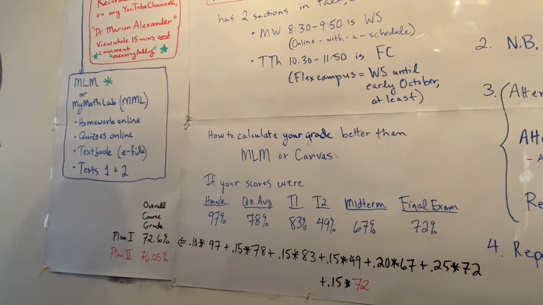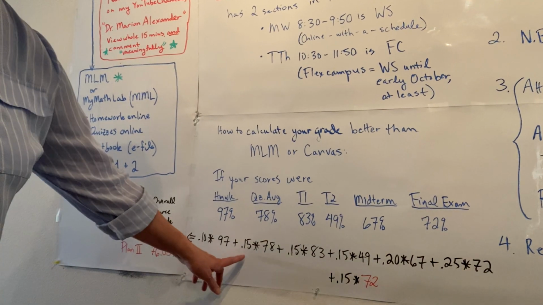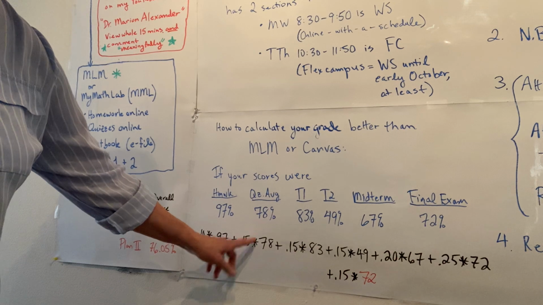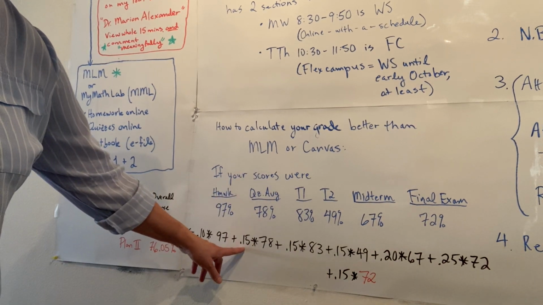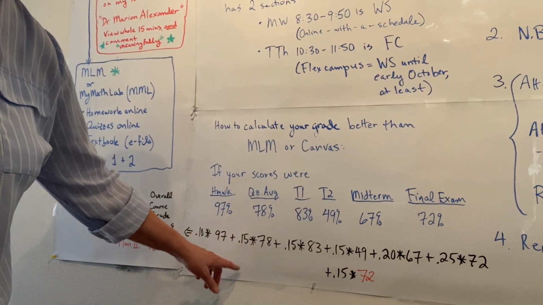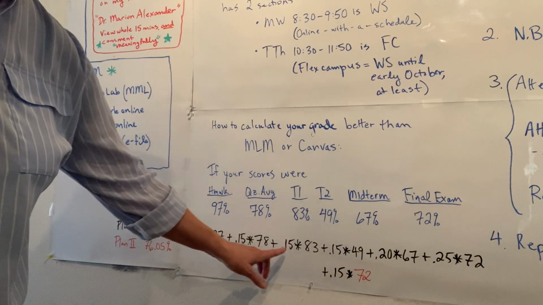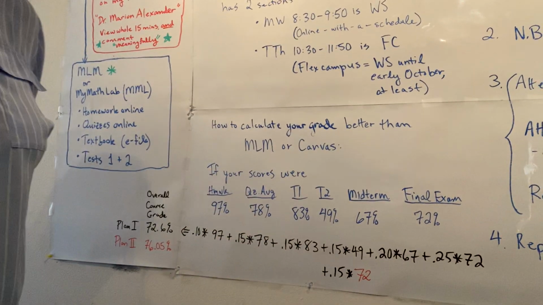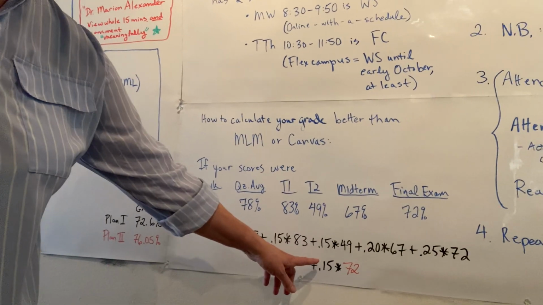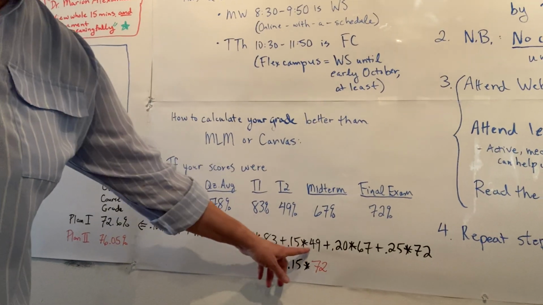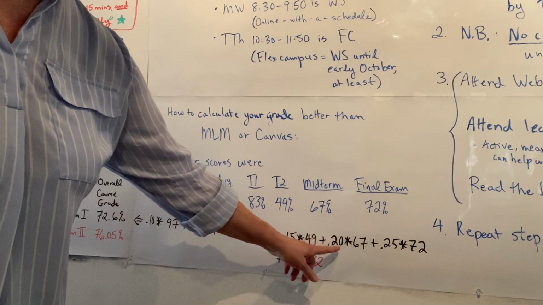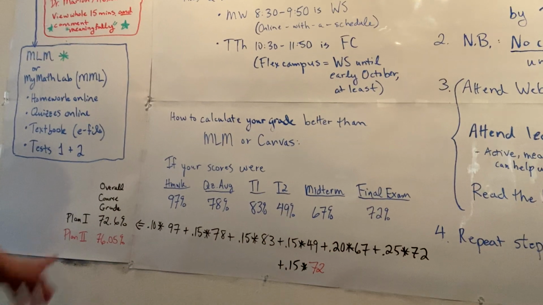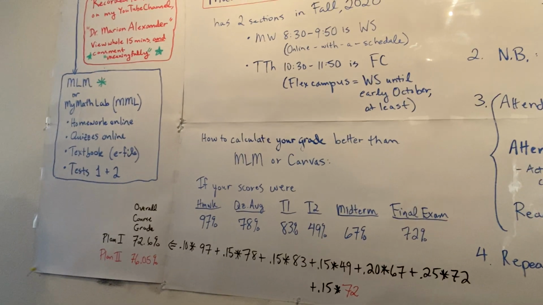That comes up in chapter 12 of this course. And for quizzes, your quiz average is 78. Quizzes are worth 15% of your grade, so you multiply that 78 by 0.15. You're adding these numbers together. Test 1, Test 2 are also worth 15% each. Okay, so you can see how they go into the calculation. Midterm is 20%, and final is 25%. Okay, so under Plan 1,